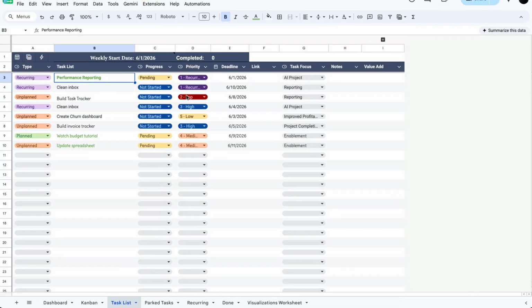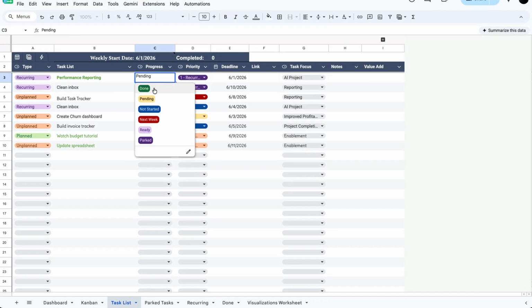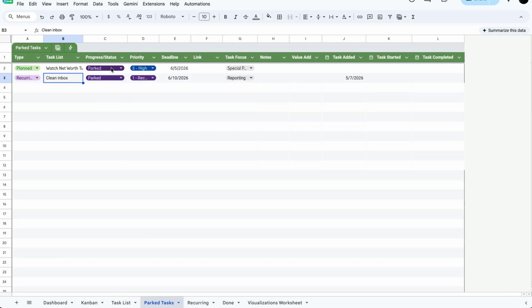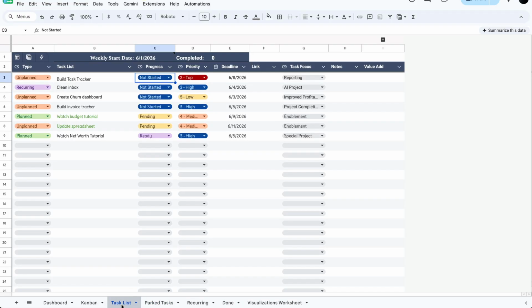My favorite thing about my automated task tracker is that it's easily customizable. For example, there's built-in automation where if you mark a task as done, it moves to the done tab. If you mark it as parked, it moves to the parked tab. And when you're ready to complete it again, you can mark it as ready and it moves back to the